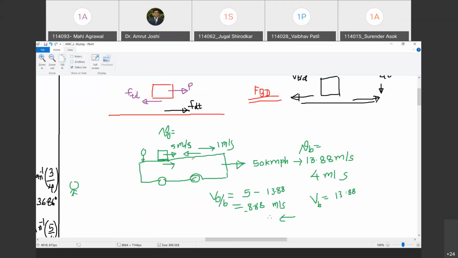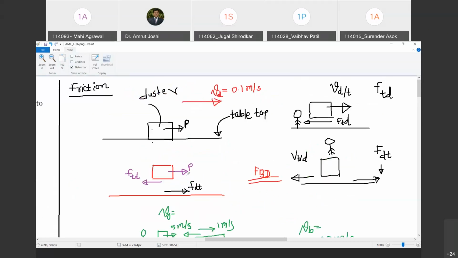So you have to be very careful when you are talking about the direction of frictional force. It all depends upon the frictional force applied by which object on which, and the relative velocities of the two objects. Are you with me? Yes, sir. Okay, so with this we will stop today and we will take forward the conceptual discussion on friction in the next class. Okay.